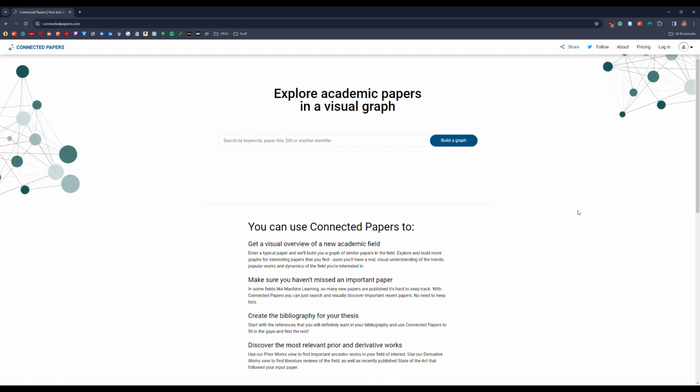The final resource I wanted to share with you is one that I was more recently introduced to, and that's Connected Papers. One of the cool things about Connected Papers is that it can take a specific article and it can create a visual graph of articles that are related to it. So on its main page, you could come here and we can go back to our main example we were talking about earlier, which was